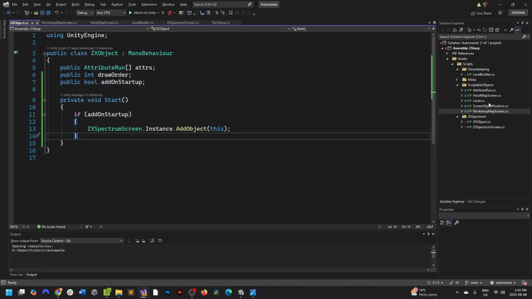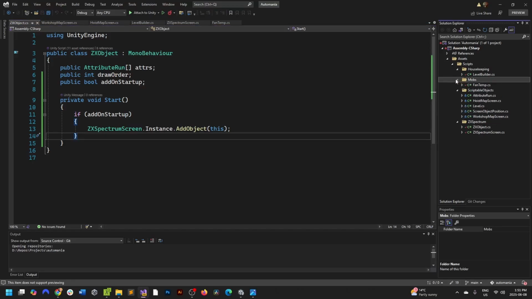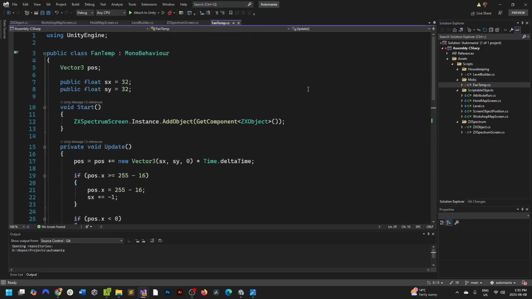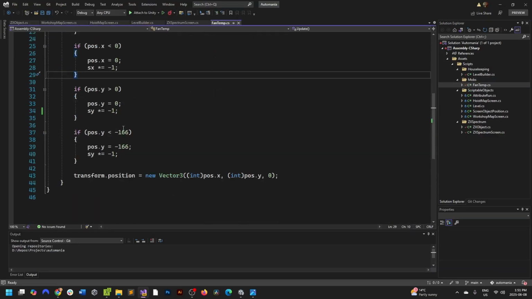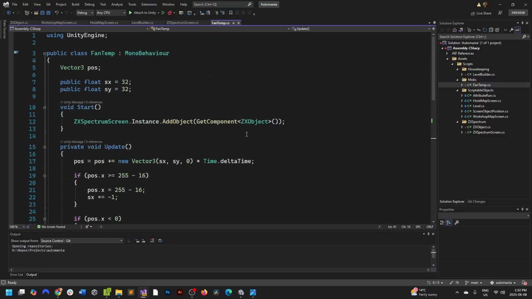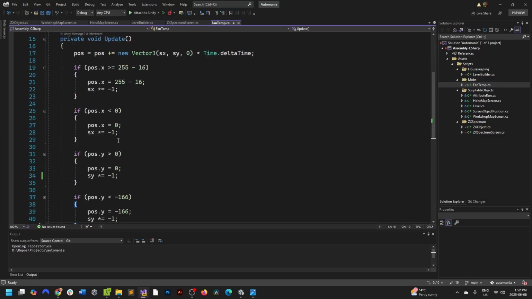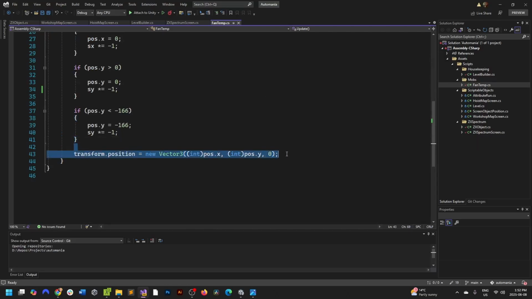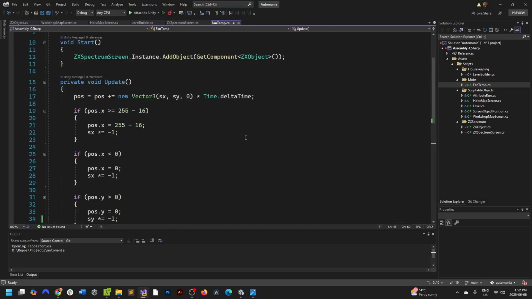But where do we get that from? Hold on a sec. Where is the fan temp? Okay. So this is our fan temp. So we did our little update here, and then at the very end there, we decided we're gonna make it an int so that it always adds up correctly. But when we display it, we do it to the hard pixel lines, which is where we kind of want to go. I don't want to repeat all this code though every time we do this. So what I think I should do is